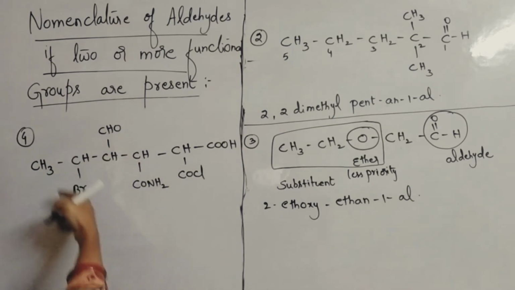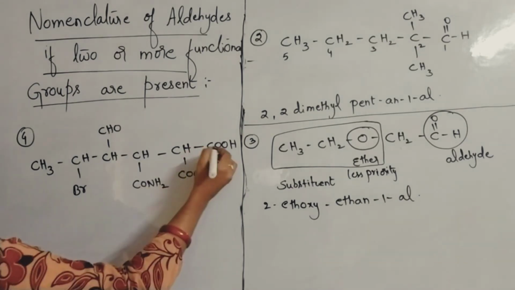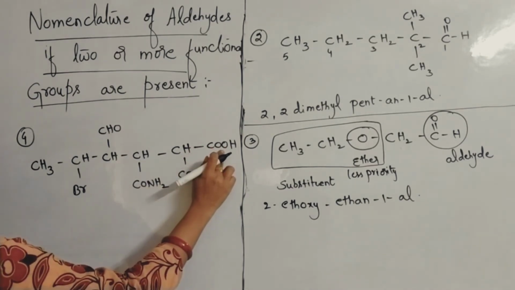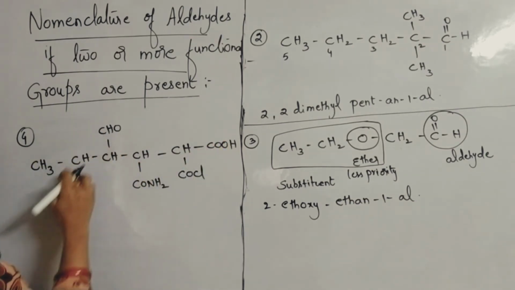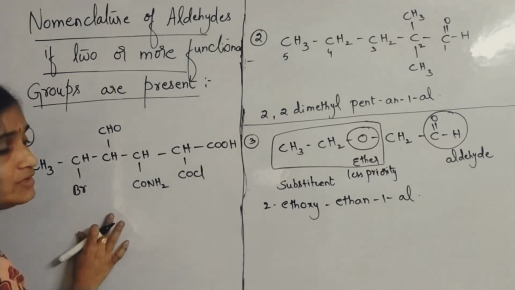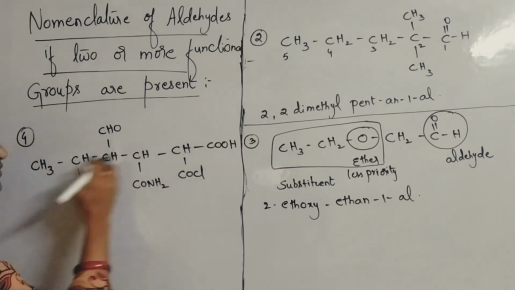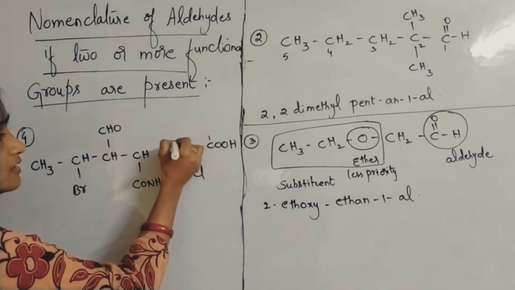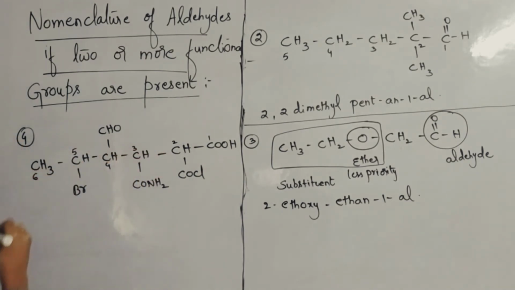Here the main priority functional group, you can see one. One very important functional group is what? Most priority functional group, acid. Now, most priority, so the remaining all will become substituents only. Please try to understand carefully. More priority is acid, so you have to give numbering from that end. So 1, 2, 3, 4, 5, 6. 6 carbon atoms are there.